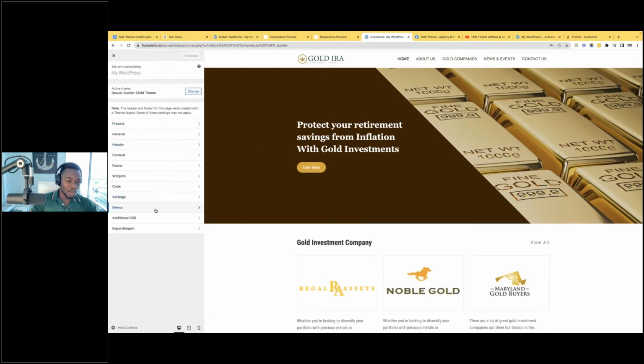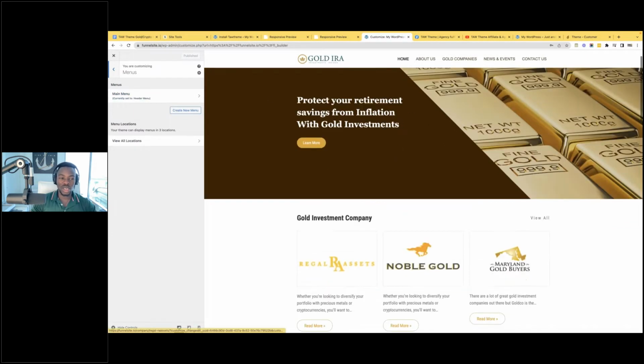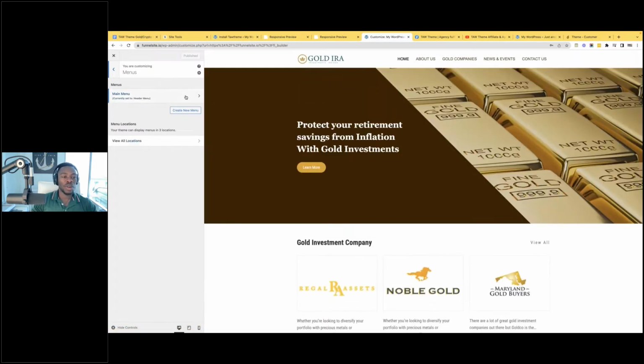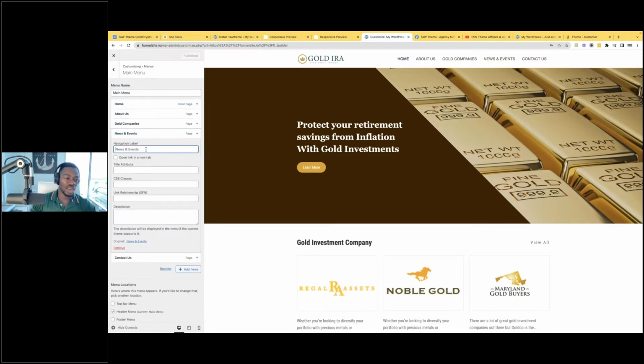So this is the menus. Right now we have only one menu, the main menu. That's the same thing that shows up here, and the same thing that shows in the footer. If you want to create a specific order, another specific menu for the footer, you could do that. But right now our main focus is on this footer and this menu, and we can pretty much change anything here. Instead of news and